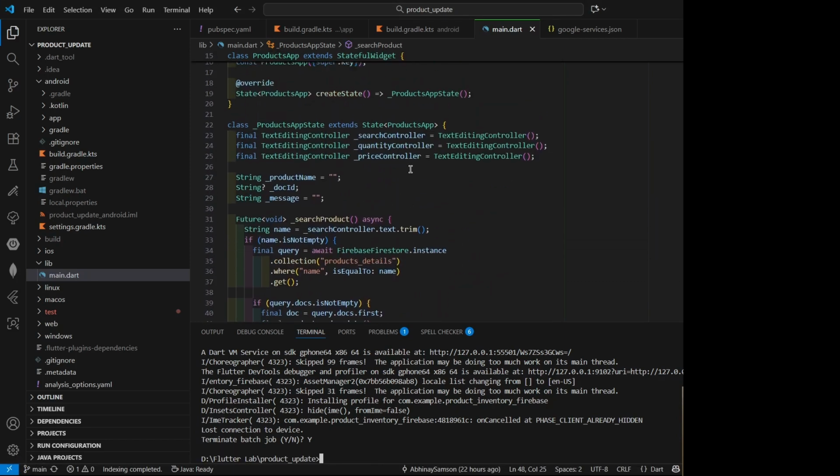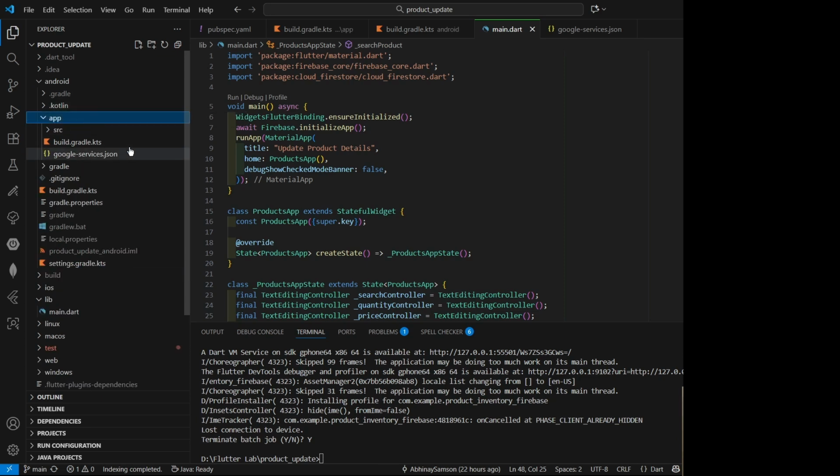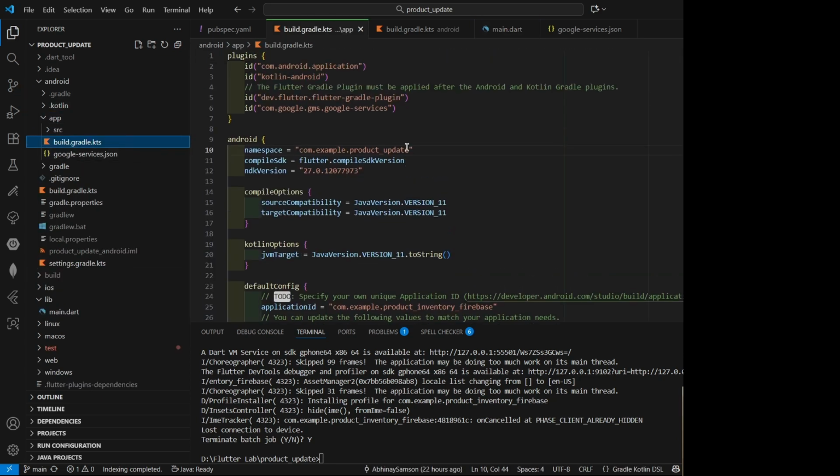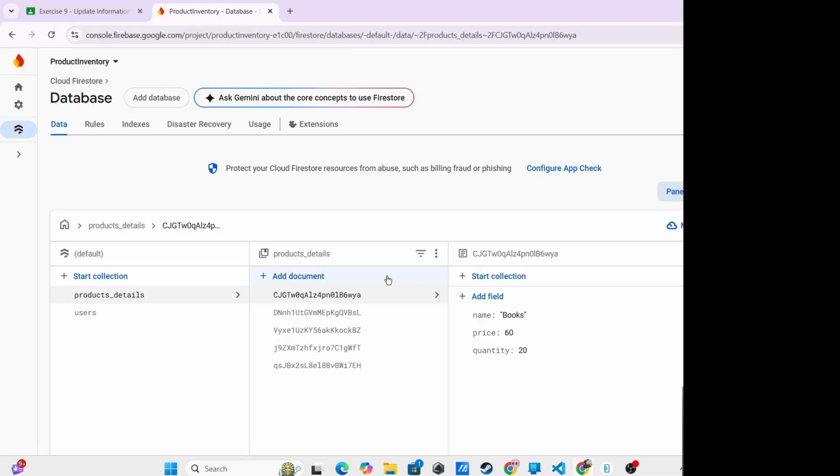This is my Flutter project for the 8th experiment. In this, like in the 7th and 8th experiments, we will be making changes in both the Gradle files. In these Gradle files we will be registering an app from that product inventory database. We will register an app and it will ask you to download the Google services, which I have shown in before